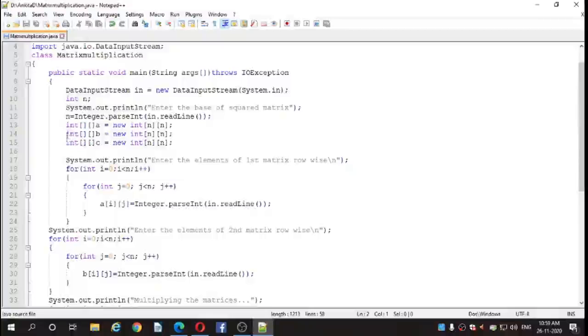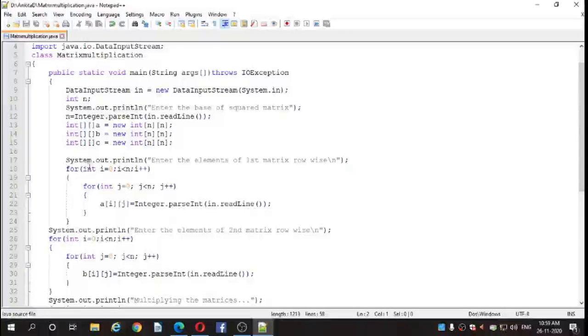Then we are creating three matrices. This is the creation and initialization of a matrix: int a equal to new int[n][n], where we have assigned the number of rows and columns to each matrix, that is a, b and c.